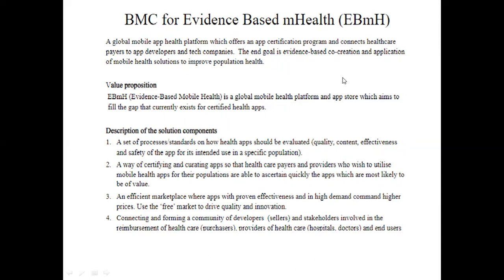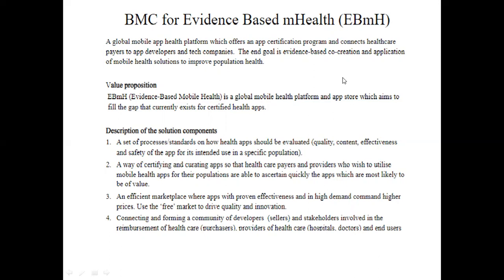the gap that currently exists for certified health apps. The description of the solution components: a set of processes or standards on how a health app should be evaluated, for quality, content, effectiveness, and safety of the app for its intended use in specific populations. Second, a way of certifying and curating apps so that healthcare payers and providers who wish to utilize mobile health apps for their populations are able to ascertain quickly which apps are most likely to be of value. And third, an efficient marketplace